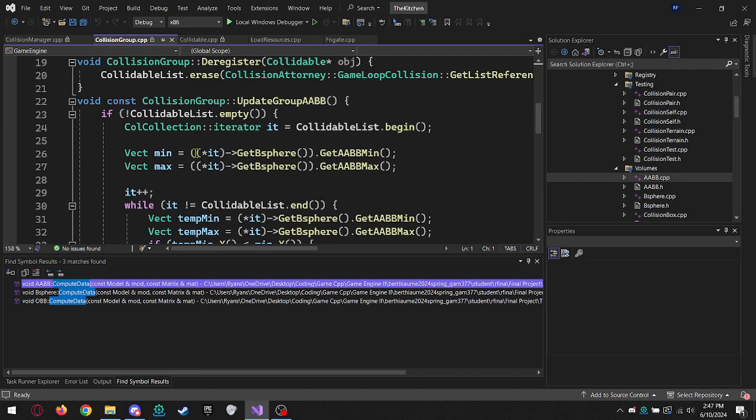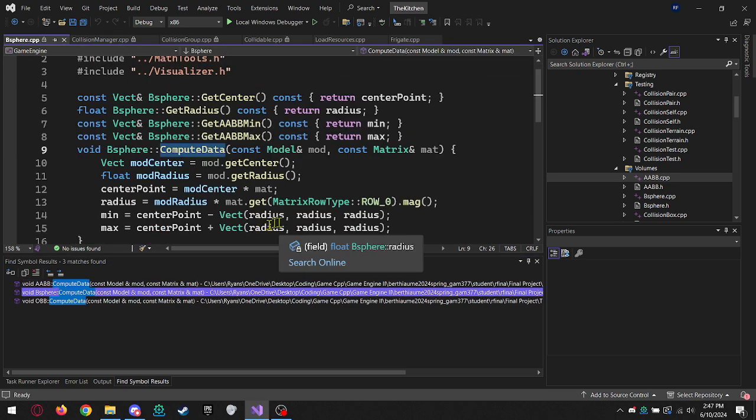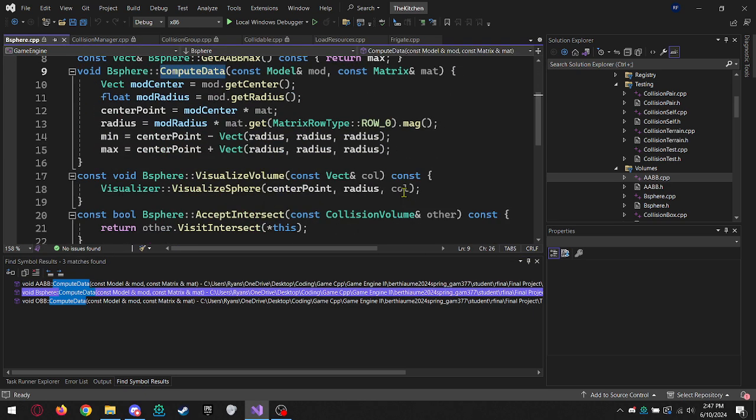Collision groups now have a group AABB. This is updated once per frame, which I'll showcase in the collision manager. Oh, I didn't showcase B-sphere. For B-sphere computing data, which is helpful for the group AABB, we can get the minimum and maximum for the B-sphere. This is just adding the radii to get a scuffed AABB wrapped around the B-sphere, and this scuffed AABB is